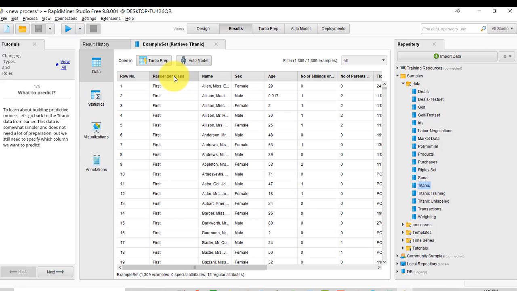But here, passenger class, actually, there is a kind of natural order. Like we usually would think, well, first class is better than second class, and second class is better than third class. So there is a kind of order here. So if we end up just treating this as nominal data, or as they say here, polynomial data,